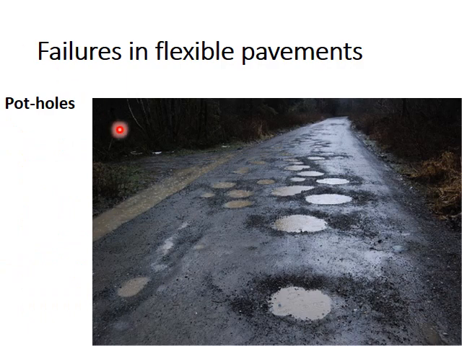This image shows some potholes on the road surface. You can see that they are very big and many in number, and loose aggregates are spread over the surface. That is, bitumen was stripped off from the aggregates, and some weak material, weak aggregates or bitumen, was present in that part of the pavement, so that material got removed. Maybe the compaction was inadequate.